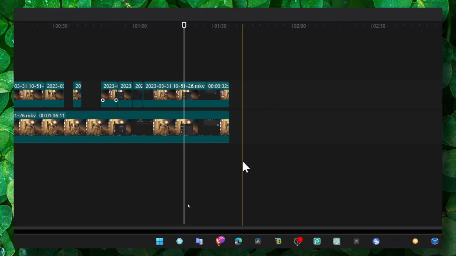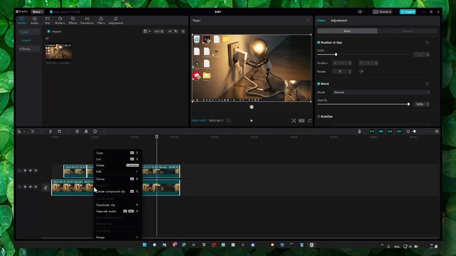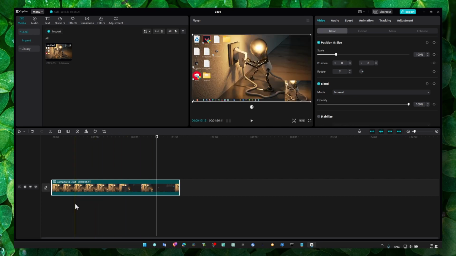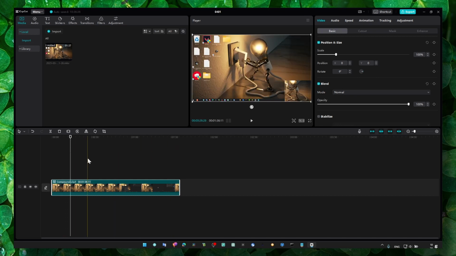Now if you have a huge list of projects, you can right click and create a compound clip, which means that you have kind of like a folder. That's the best way to explain it. It's like a folder, right? All the videos are still here, but it's just a folder, so you are more organized. Now let's press Control Z,